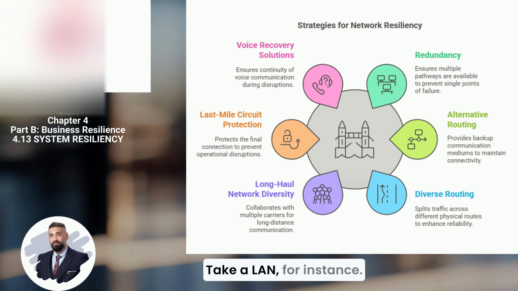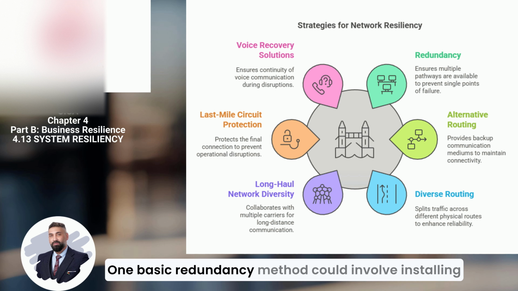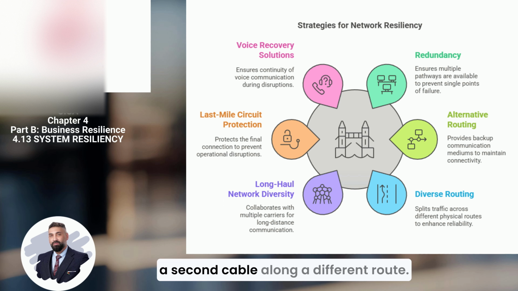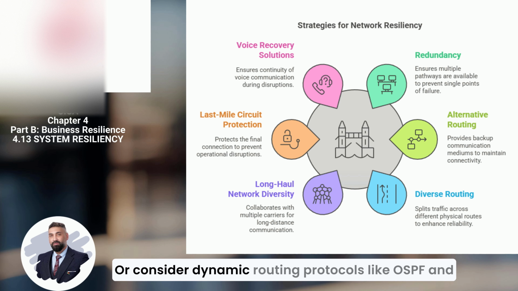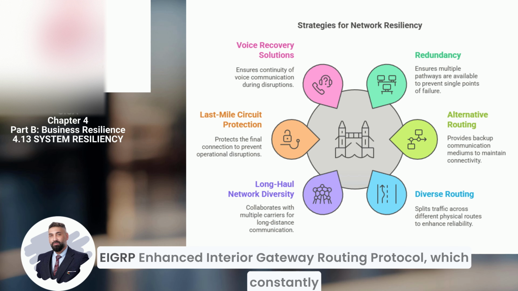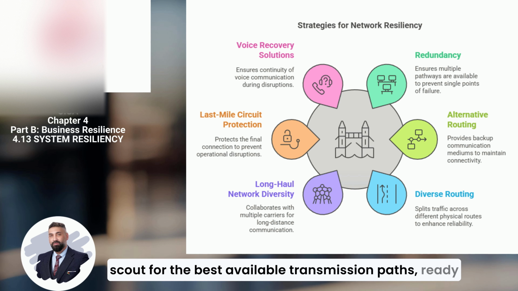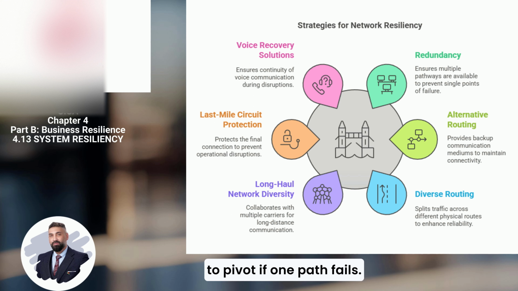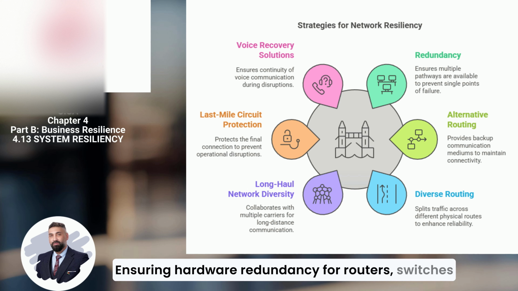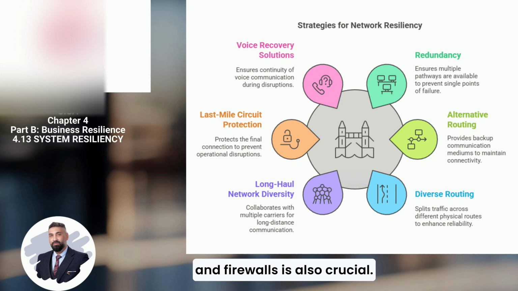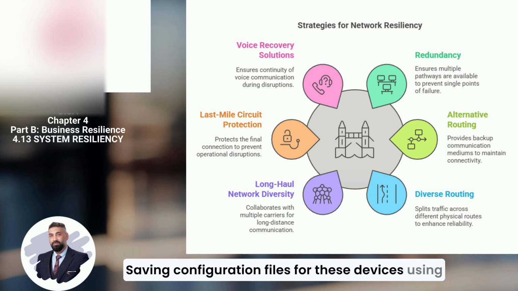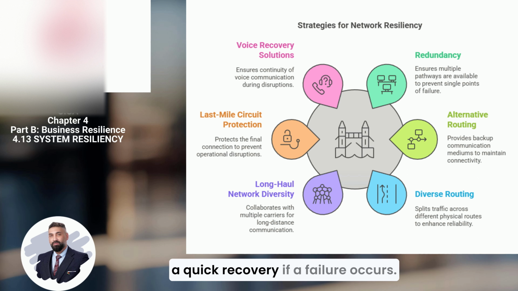Take a LAN, local area network, for instance. One basic redundancy method could involve installing a second cable along a different route, or consider dynamic routing protocols like OSPF, Open Shortest Path First, and EIGRP, enhanced interior gateway routing protocol, which constantly scout for the best available transmission paths, ready to pivot if one path fails. Ensuring hardware redundancy for routers, switches, and firewalls is also crucial. Saving configuration files for these devices using TFTP, Trivial File Transport Protocol servers, ensures a quick recovery if a failure